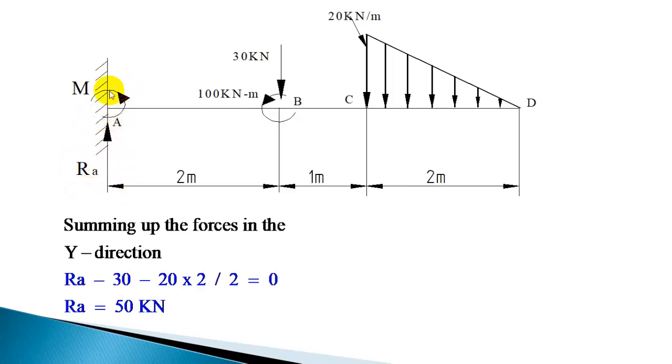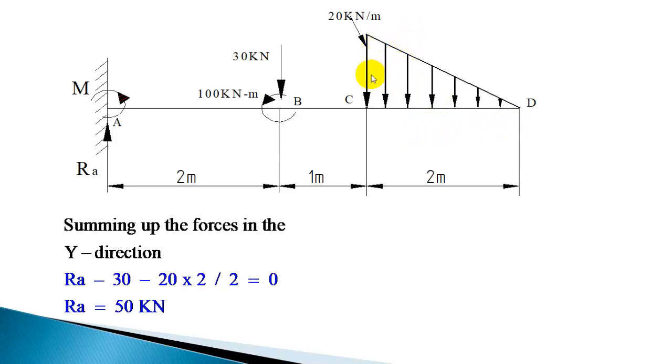Then to find out the resisting moment or reaction moment at A, you can go for the moment summation with respect to A. So summing up the moments, minus M, I have taken it as anti-clockwise, so minus M plus 30 into 2 clockwise moment. This point load is producing clockwise moment, plus 30 into 2. This is an anti-clockwise couple, so minus 100,